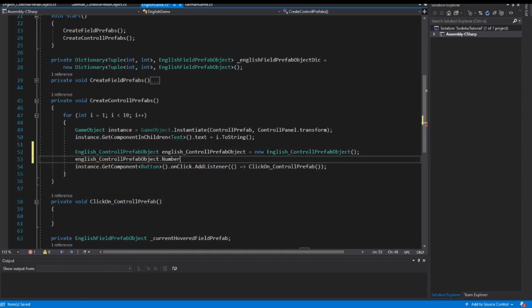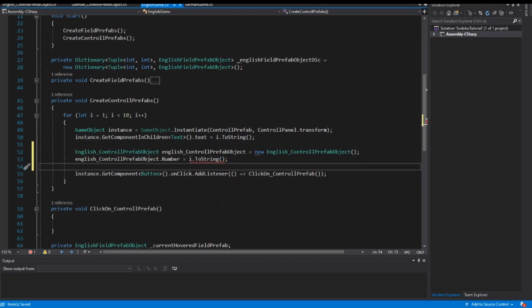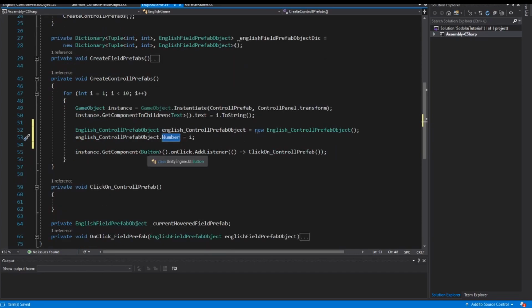And I set the property number to the same value of my running variable in the loop here. So I dot toString. Oh, that's not a string, that's an integer. Well, now I have the information, the number,